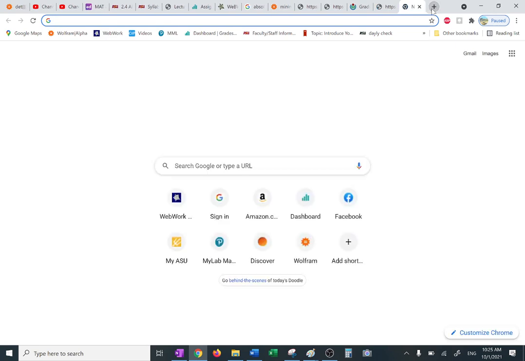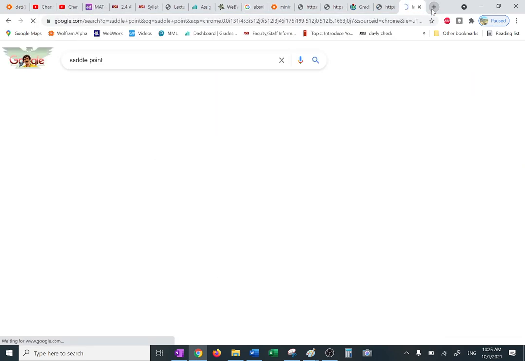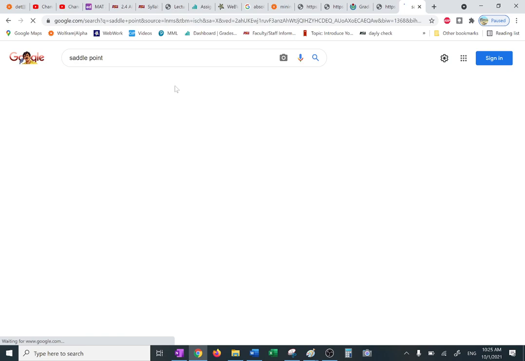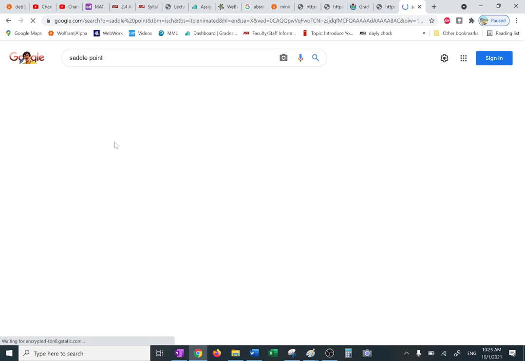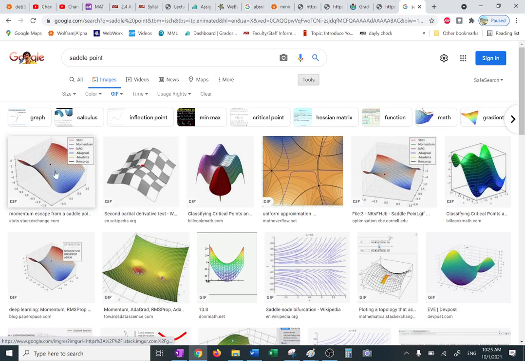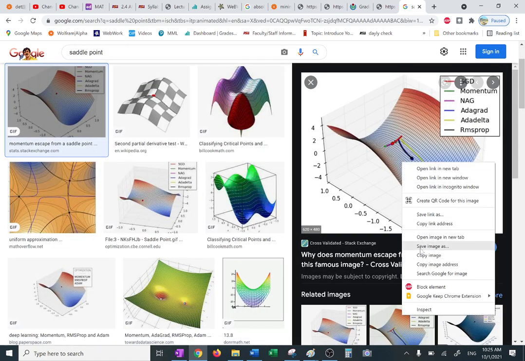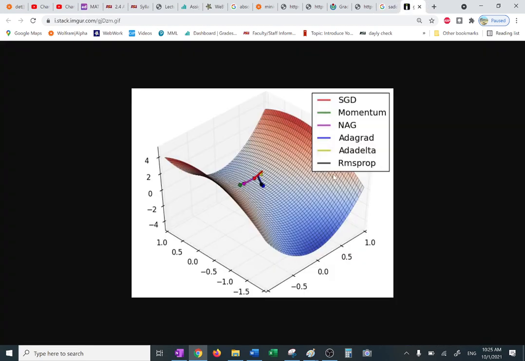Okay, that was easy to find. Saddle point. So I will show you. Luckily, that's the easy one to find. Here it is. If you drop a ball, in this case many balls, on the top of the saddle point,